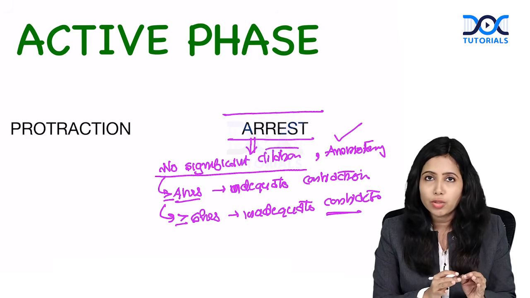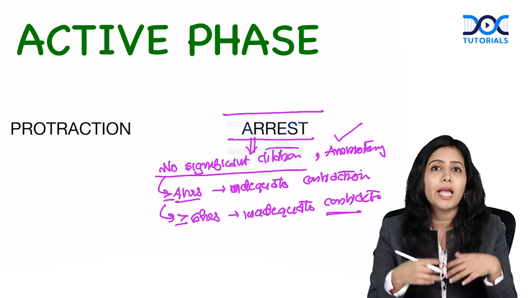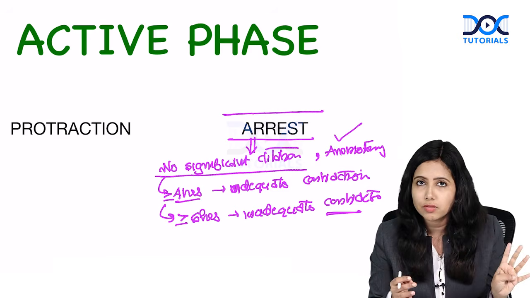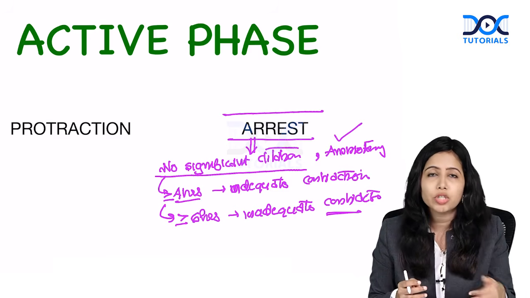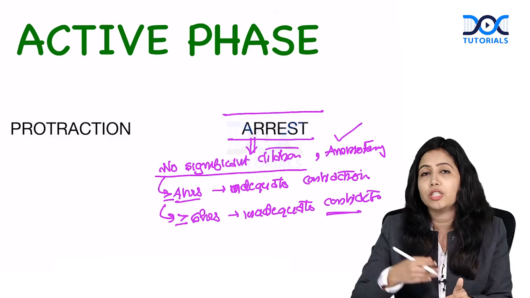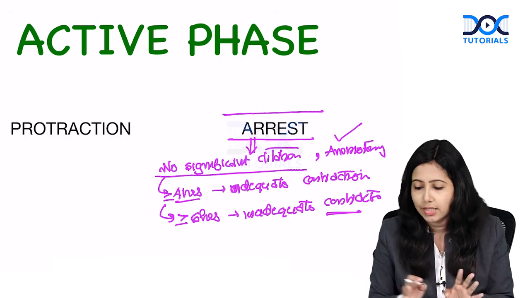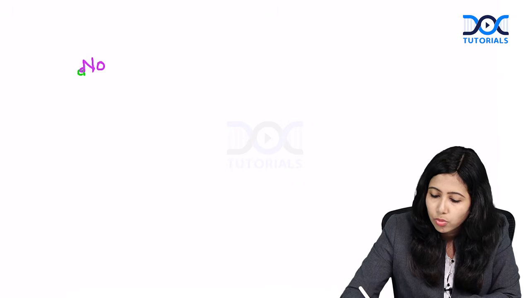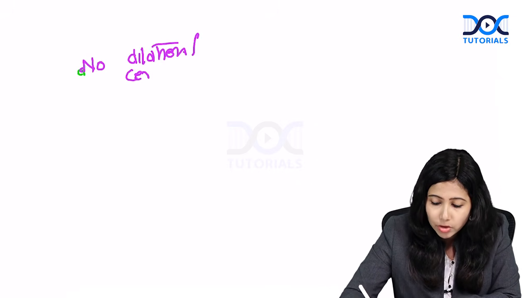As for a patient who is having adequate contraction, in whom amniotomy has already been done, she is not dilating after a period of 4 hours. That is arrest. If the patient had ARM and is not dilating after 6 hours, that is, if she is having inadequate contraction, we wait for 6 hours. So, we can write it as no significant dilation or cervical changes